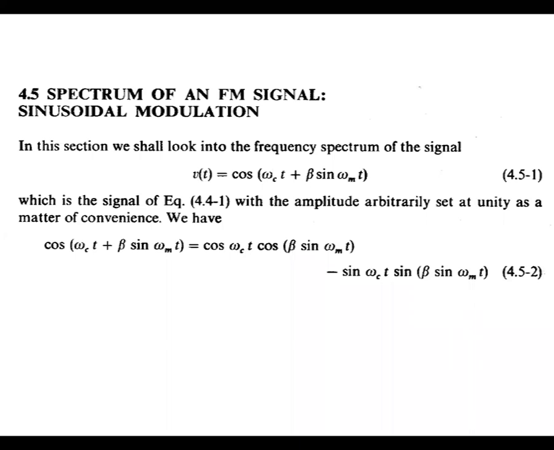those terms that include the modulating frequency. Whereas cos omega ct is the carrier frequency, and sin omega ct is also the carrier frequency. So omega c t is the carrier frequency. In the second term, cos of beta sin omega m t is the even term and sin of beta sin omega m t is the odd term. That means the equation includes even terms and odd terms along with the carrier term.